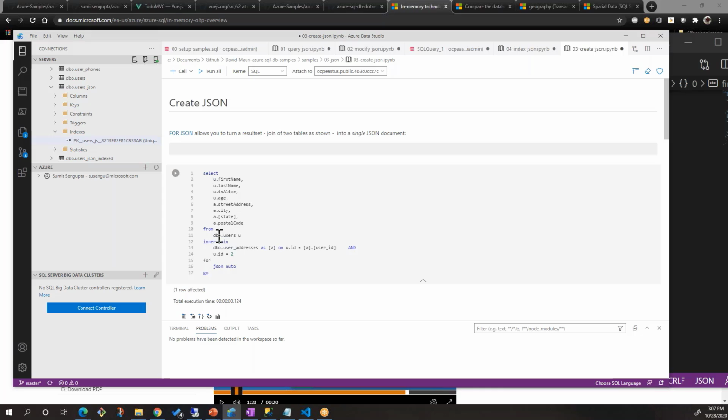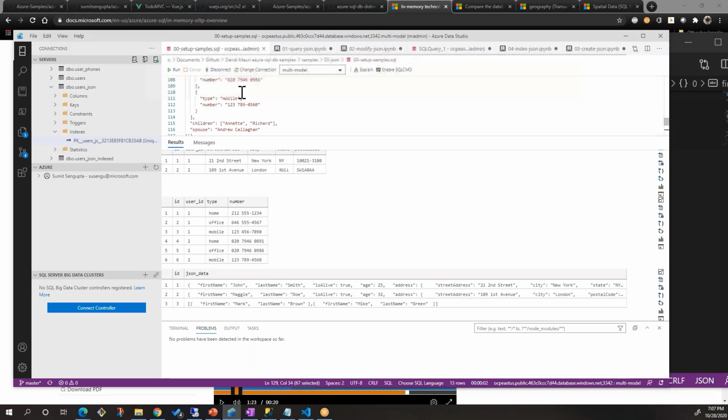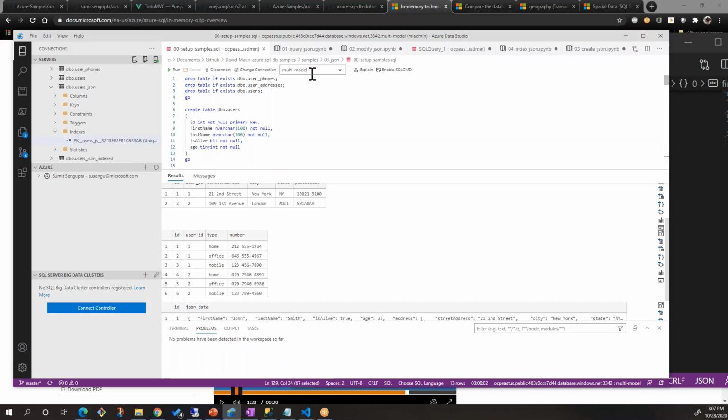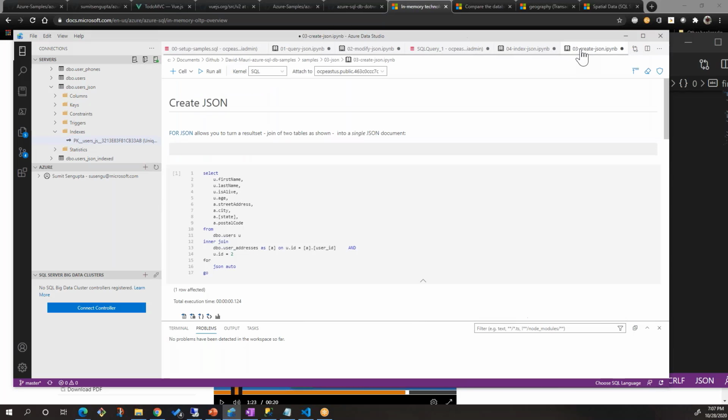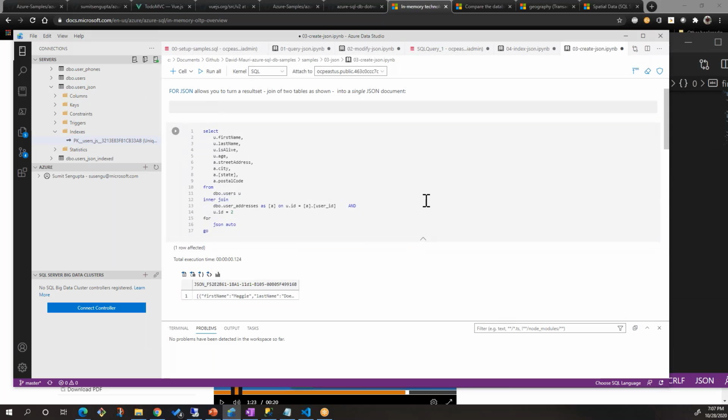What you notice is that in this query, we're actually not selecting from the dbo.users_json. We're actually selecting from the regular tables. If you remember, the first tables we created were the regular tables. If I go back here, the first tables we created were like this, regular tables. So over in 3, what we're doing is taking data from this regular table and representing it as if it came from a JSON and looks like JSON.